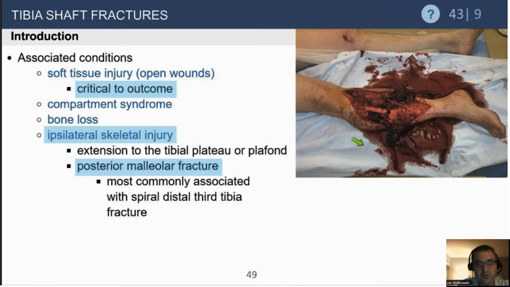Think about bone loss, ipsilateral skeletal injury. Is there knee injury, ankle injury? Extension, is there going to be an intra-articular injury, both proximally or distally, such as a tibial plateau or posterior malleolus fracture? Okay, so be thinking about that. Posterior malleolus fracture, many times we'll see that with a spiral distal third. It will be the most common type, but always be on the lookout for other injuries, especially with these high energy